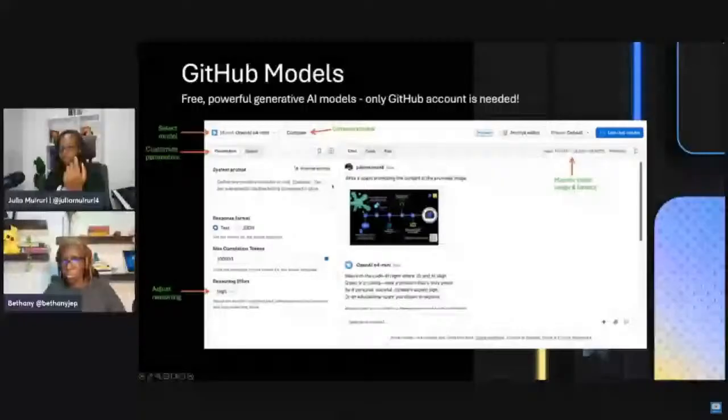Then the two key features that I love about GitHub models, which you had a chance to play around with, was, one, the compare feature, where you're able to have a side-by-side comparison. You can send in a single prompt, and if you have the compare feature open, you'll be sending that to two different models that you want to compare side by side for how they perform. This will help you as you make your decisions in terms of what models to settle for when you're taking these to your applications.